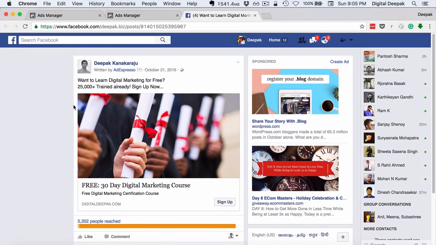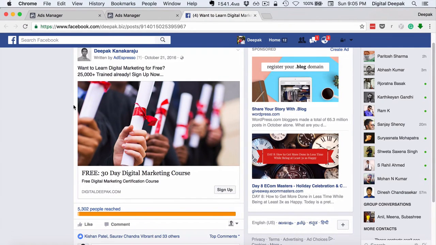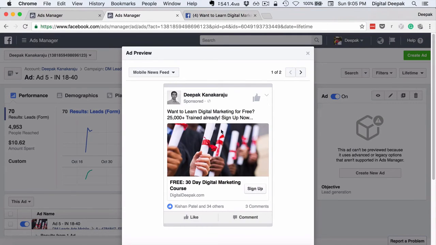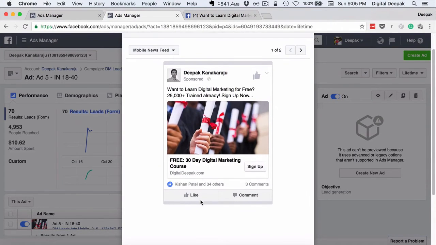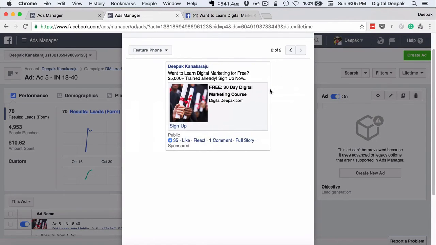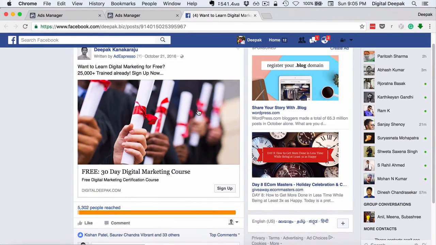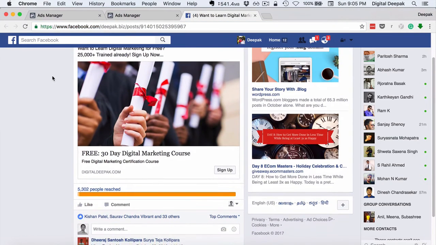To show you how a lead ad works, this is one of the lead ads I created a while back to test it with mobile and to test with different conversion ratios and ads. This lead ad basically shows up only on mobile, and this is how it shows up on mobiles. You can see that it's short form and it shows on mobile news feed, and this is how it shows up on feature phones. So this was not a desktop lead ad, but I can still open the URL on the desktop, and I can show you how it works.